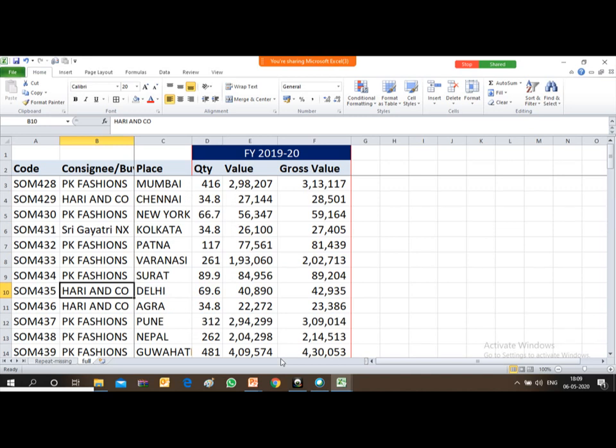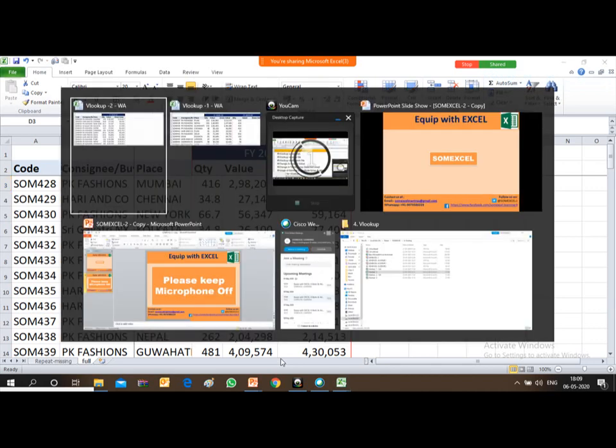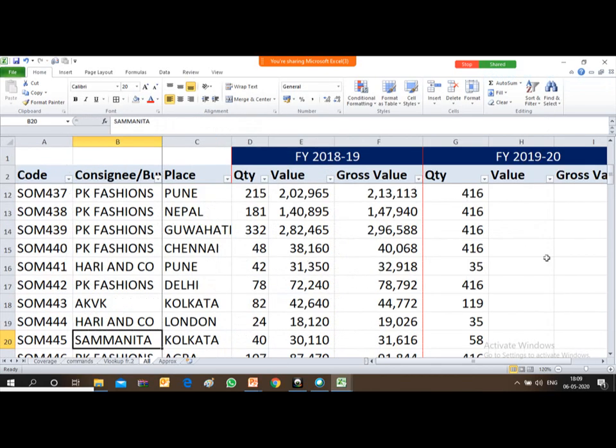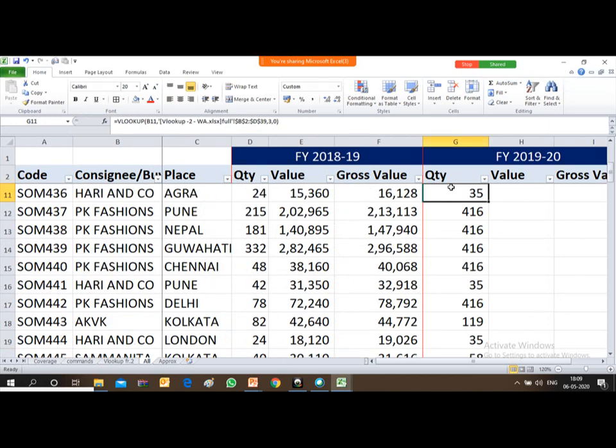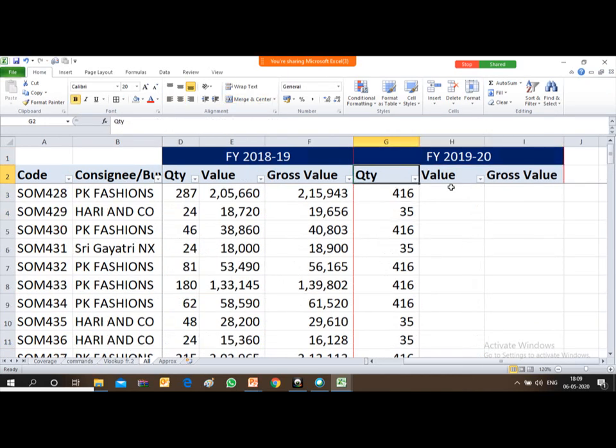The formula just picks up the value against the first value. Against PK fashion, it has obtained 416. That is the value of the quantity, 416.